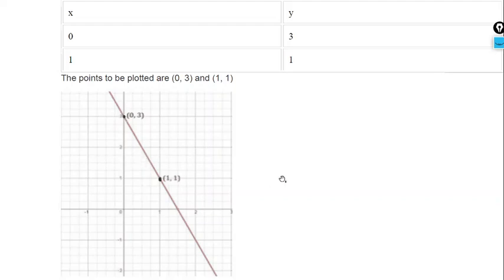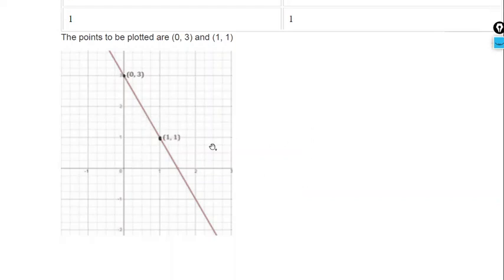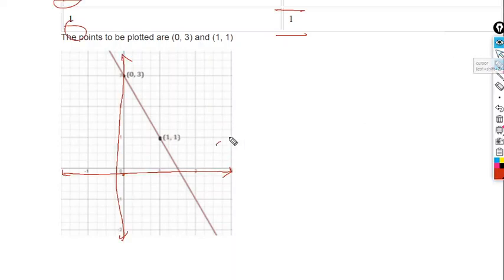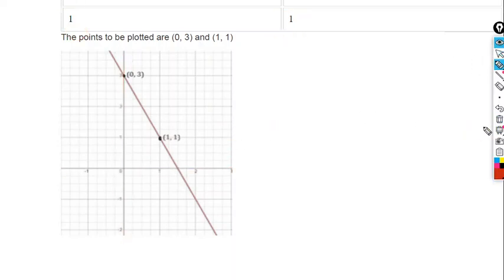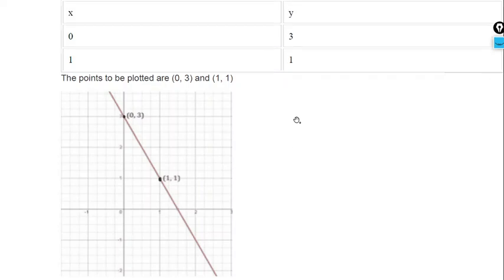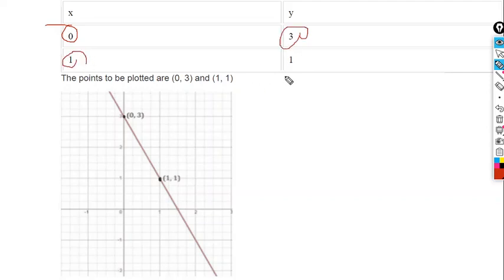So the graph is a little wrong. We have downloaded the graph, and this graph is a little wrong, so here we'll correct it. So when x is 1, we'll move into the figure. When x equal to 0, y equal to 1, sorry, it's wrong. When x equal to 0, y equal to 3. When x equal to 1, y equal to 1.